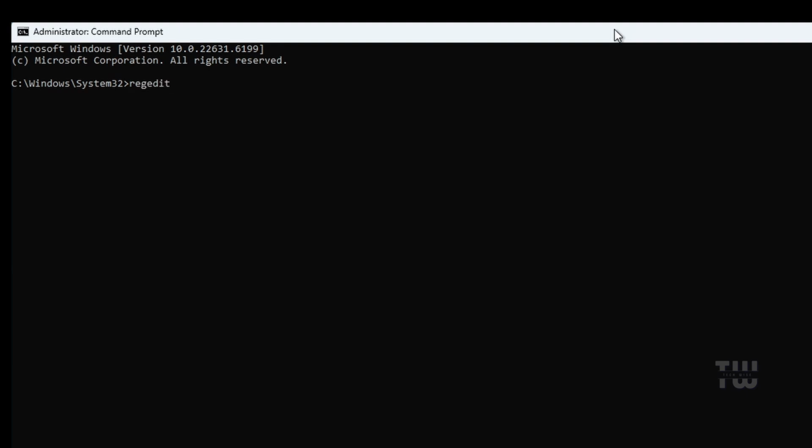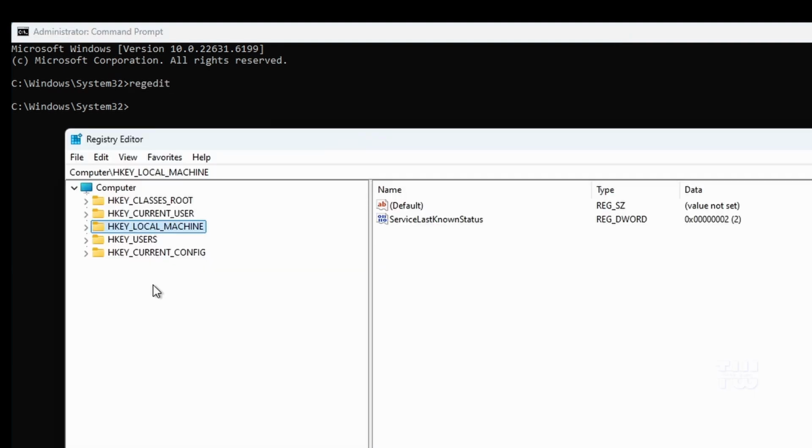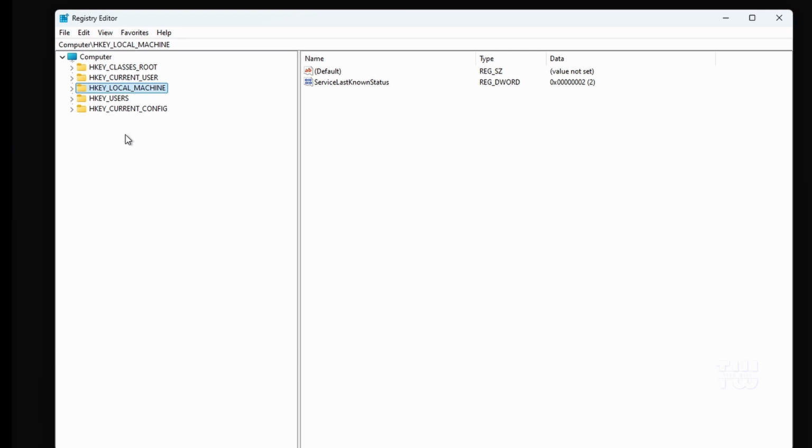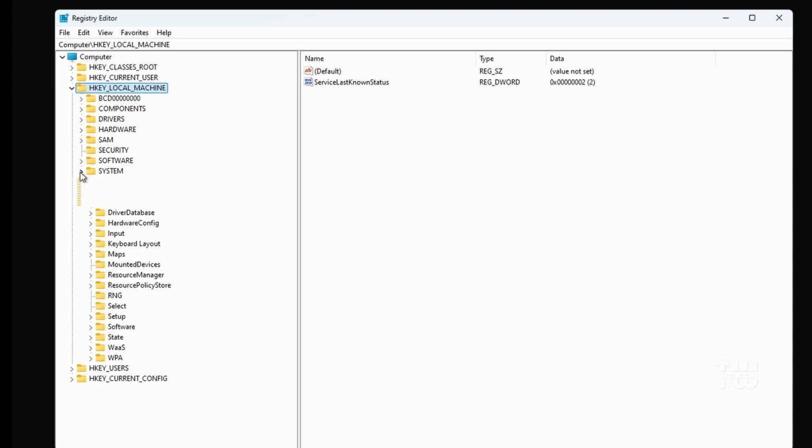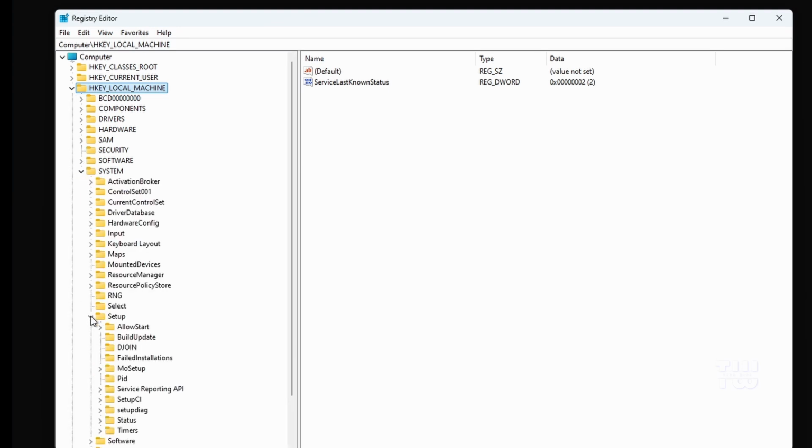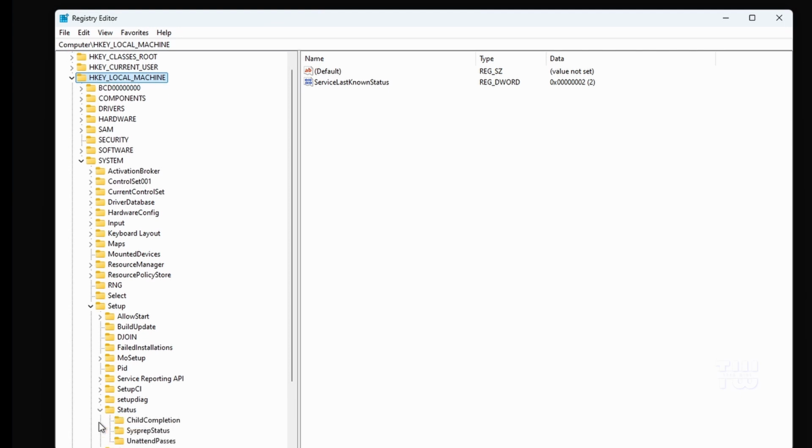This is going to open the Windows Registry Editor. Now we just need to change one simple value to clear the error loop. In the left sidebar of the Registry Editor, let's navigate through the folders. First, expand HKEY_LOCAL_MACHINE, then look for SYSTEM, followed by Setup, then Status, and finally click on